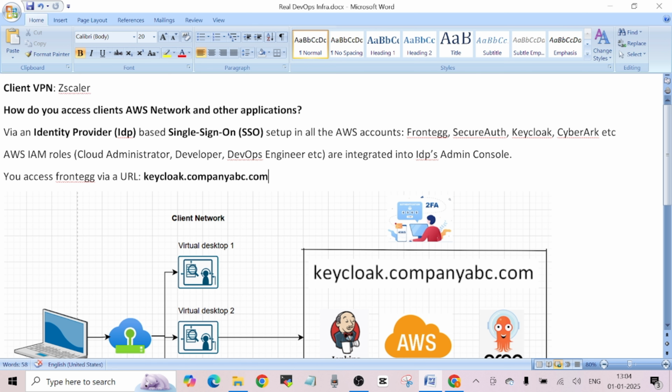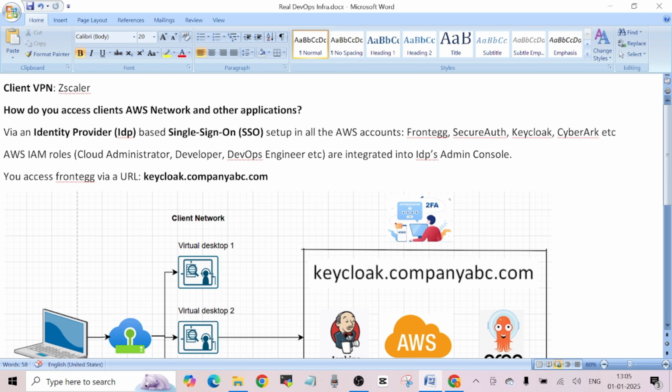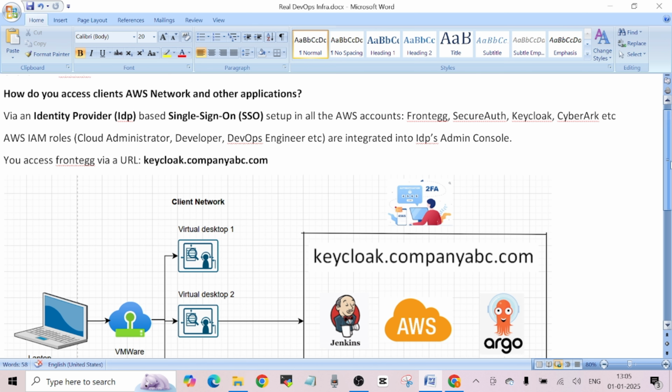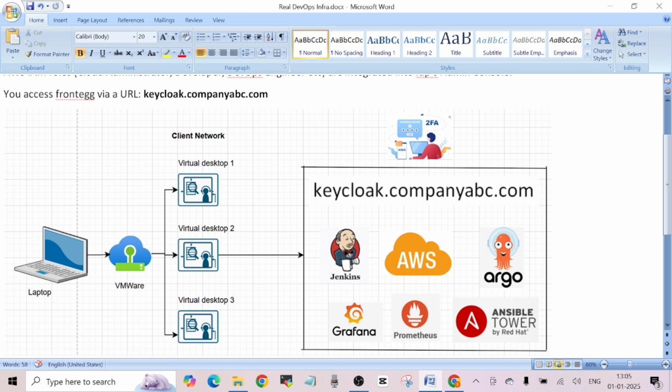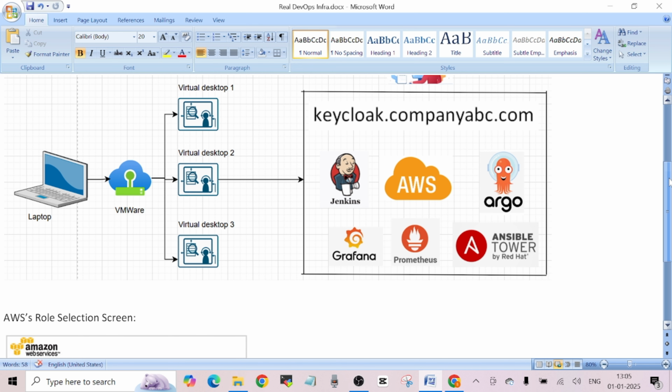So what I'm saying is, you use this identity provider to configure single sign-on for your applications, and all these different applications will be using the same identity provider, including AWS. Here I've just taken an example of AWS. You get this type of URL to access the identity provider for your company, and when you do, you see the application tiles like this. If you click on, for example, AWS, then depending on how many different AWS accounts you have access to,